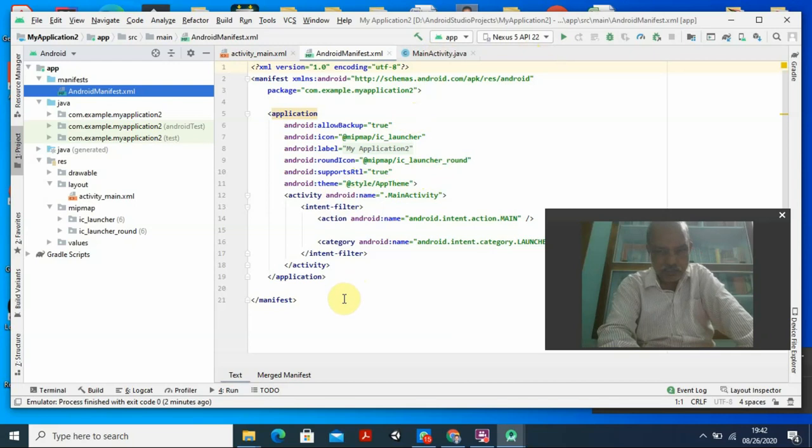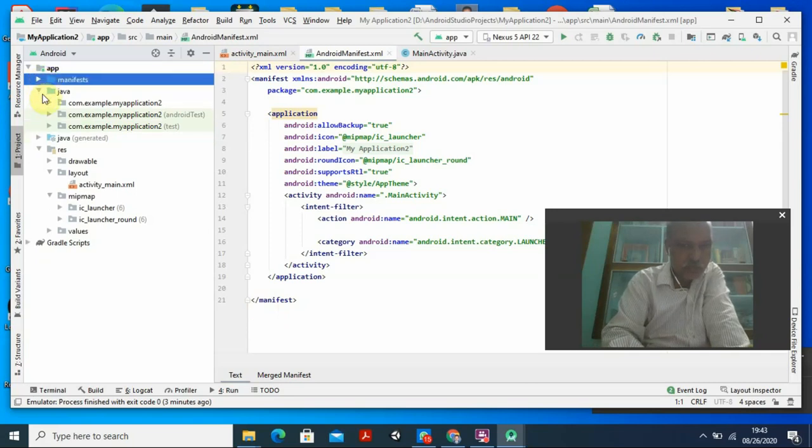Okay, then in the intent-filter we are using some things. I told you that we are using an action and a category. The action here is android.intent.action.MAIN, and here also I am using the category. All of these come under this intent-filter, so I put an opening tag and a closing tag, and everything starts under this activity. Then I close the activity, and everything started under this application, so I close the application. As everything started under this manifest, I am closing the manifest now. So this was there in the manifest folder.